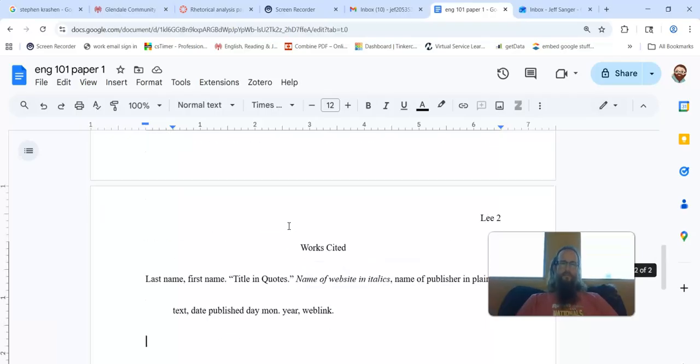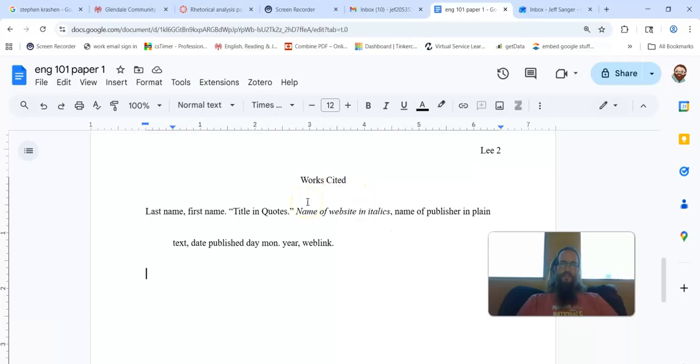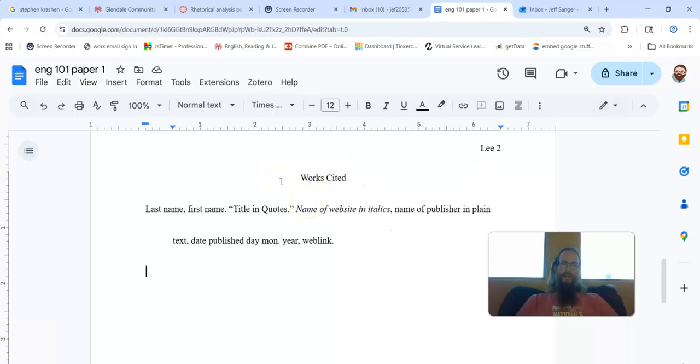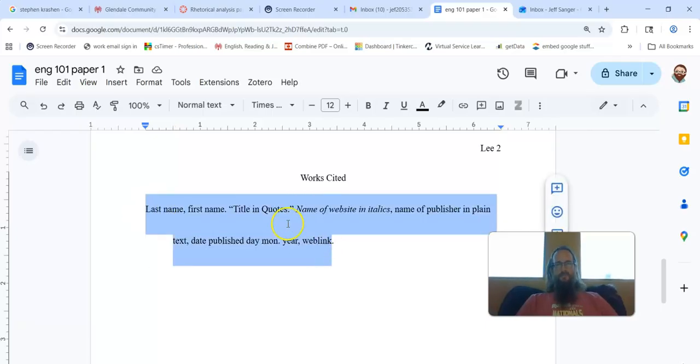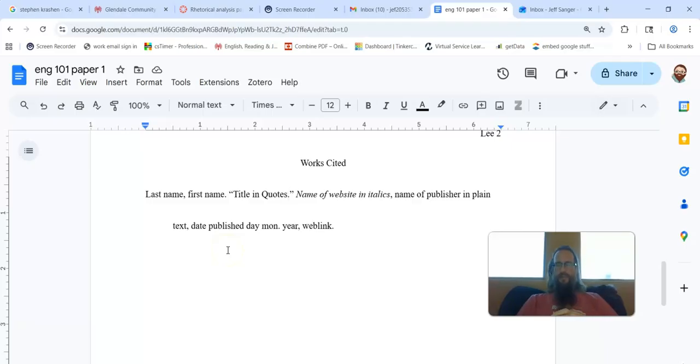But if you've got the template, then you've got a works cited page at the end. It's got to be the last page of the document. You're not going to have all this. I added this because it's a template for how to create citations for online news sources by one author, right? And so I'll use this to create a sample citation for one of the sources you might use in the paper.